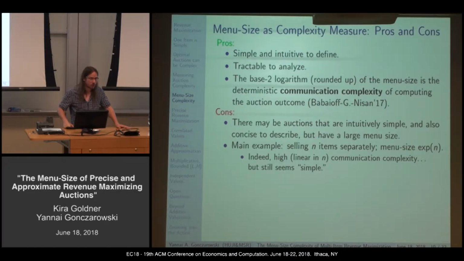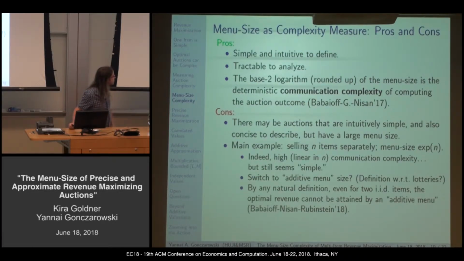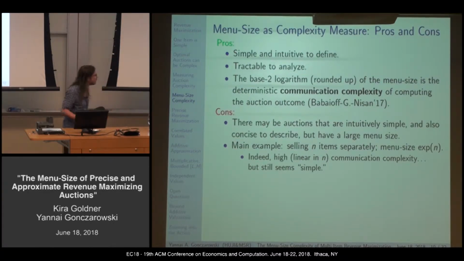Yeah, so we're going to look at these strong kind of results, meaning with such a communication complexity, whatever mechanism is not going to give you this. So we're going to look at these stronger kinds of results. Okay, so say that we're very disappointed with the menu size measure because of this point and would like to move to a better measure. So one